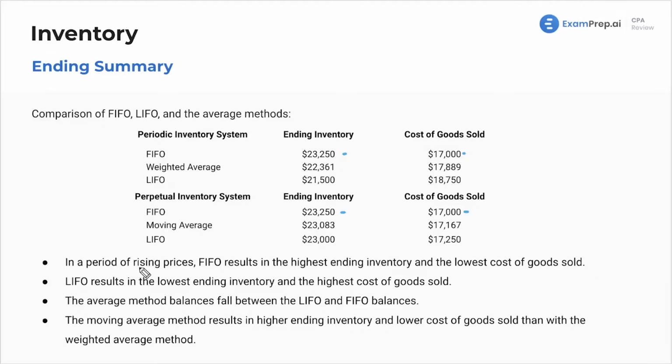So, in a period of rising prices, FIFO results in highest ending inventory and lowest cost of goods sold. LIFO results in the lowest ending inventory and the highest cost of goods sold. The average method balances fall between the LIFO and FIFO balances. That makes sense, right? Because you're averaging everything out. And the moving average method results in higher ending inventory and lower cost of goods sold than with the weighted